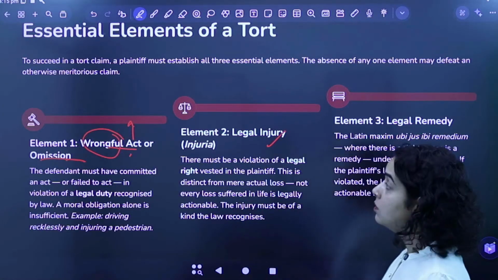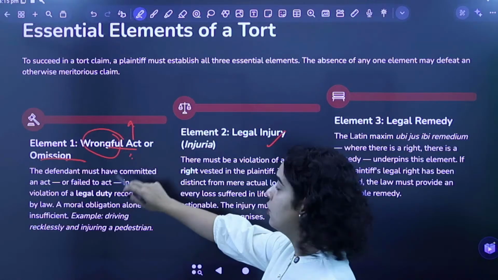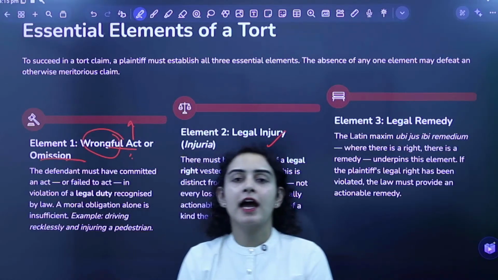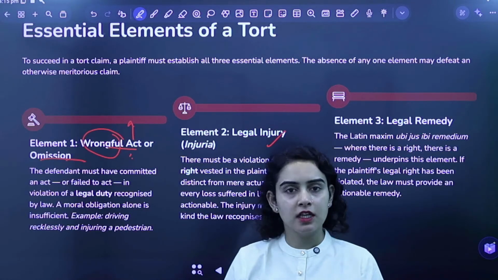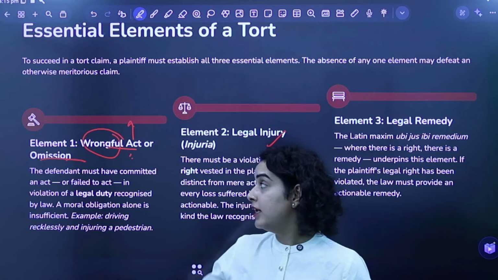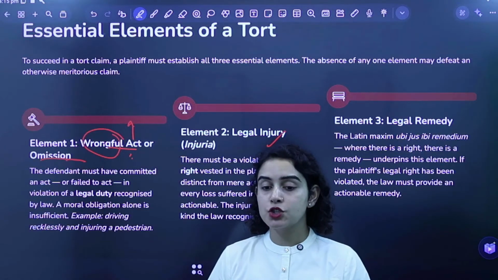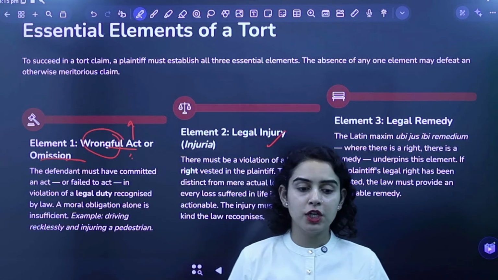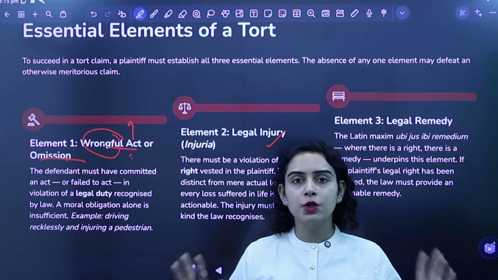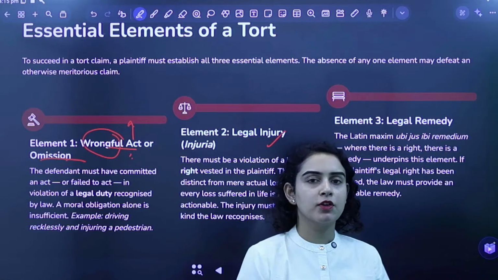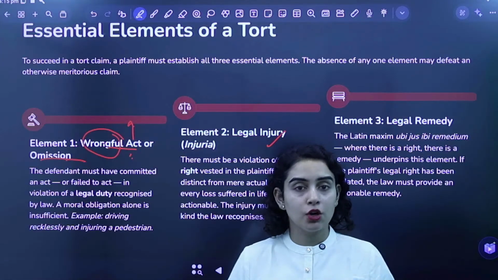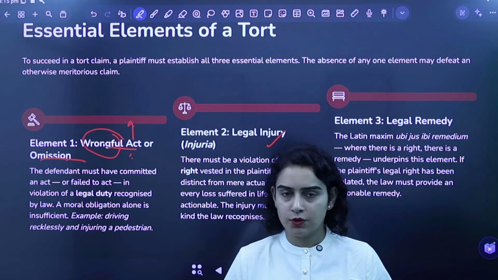Okay, so now you've done a wrongful act and उसकी वजह से there is a legal injury that has happened. अगर आपके wrongful act की वजह से कोई भी legal injury नहीं होती है, then law of torts automatically is not going to be applicable. I'll explain you how. Let's say you're driving on the road. Now, it is your duty to drive safely, right? Whenever you drive on the road, it is your legal duty to drive safely. Speed limit में drive करो, traffic rules को मानो, गाड़ी ऐसे चलाओ कि खुद को भी नुकसान ना हो, किसी और को भी नुकसान ना हो. This is something which is expected out of you, which is very basic.